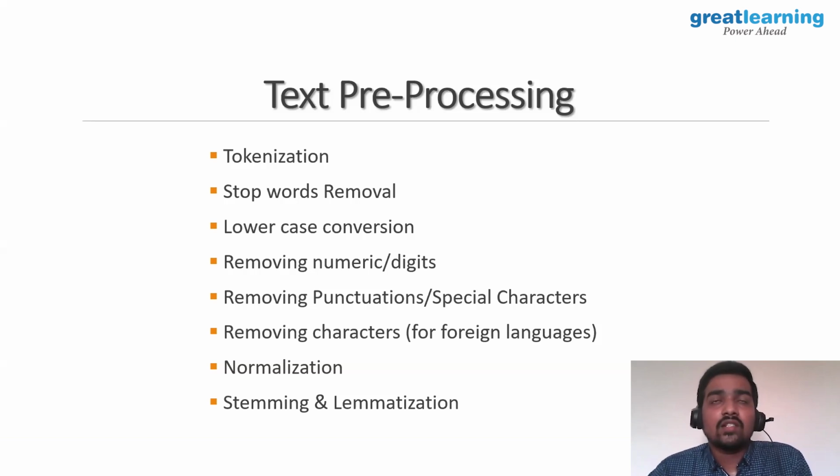Okay, tokenization. So what do we call tokenization? Given a sentence, we can tokenize it into words. The tokens are called words here. We are splitting the sentence into words. Let's say we have a sentence, he is going to school, and if you tokenize this, we'll get 5 words: he, is, going, to, school. These are the tokens derived from the sentence. In the same way, if you have a large document and want to tokenize it in a sentence manner, the large document will be tokenized into sentences. We can tokenize it in word or character format, or in sentence format.